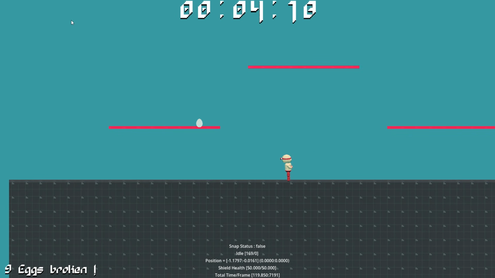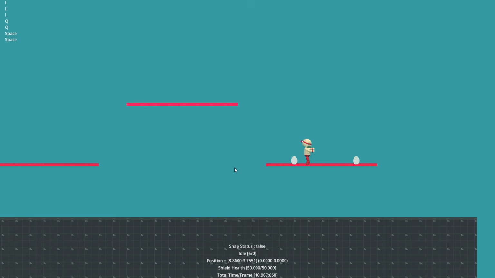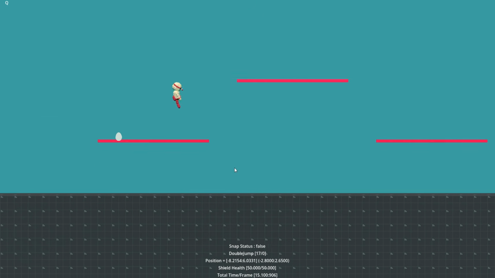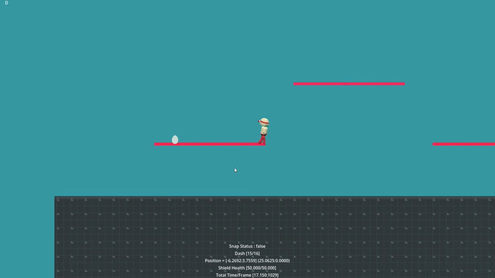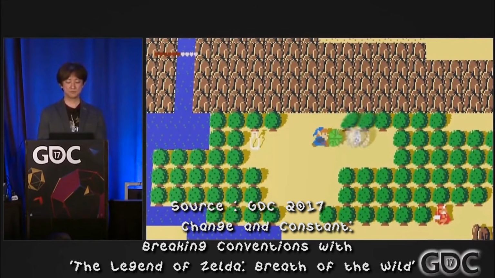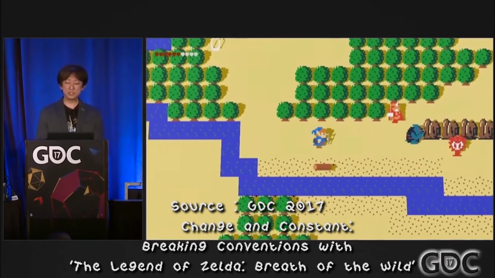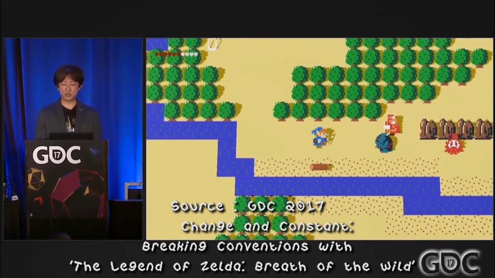So no procedural anything in Schmothers, and I reduced, reused, recycled as much as possible. But I still made a mistake, and a big one. Have you heard about the prototype for Zelda Breath of the Wild? Would you guess it, it's a 2D prototype. It's a 3D game and they made a 2D prototype. I'm making a 2D game and I made a 3D prototype? Wait, why did I do that?